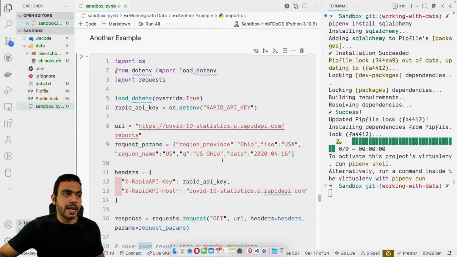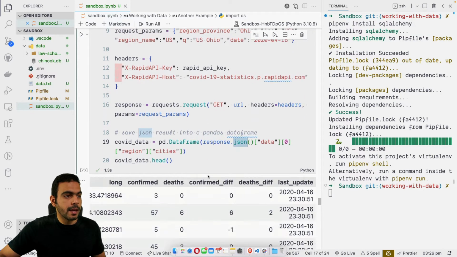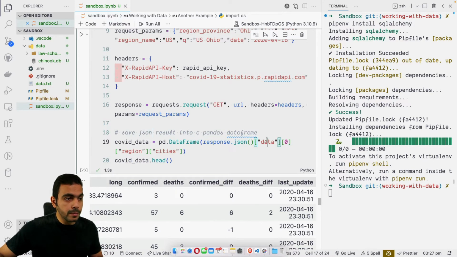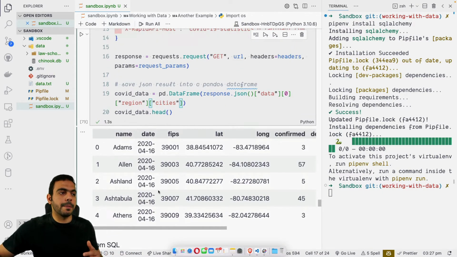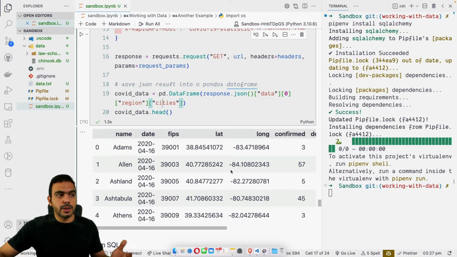We've seen an example of that if you go back to the COVID API request that we've made. The data that we received were actually represented as the region and all the districts or the counties within the region, and then all the cities within that region. And so we had to do a bit of drilling down into the JSON data that we received. So here I am getting the data and I'm going into the regions, and then I'm getting the cities, or I think in that case it should be counties here. But these are data I had to drill down to get to a level that is most suited for a